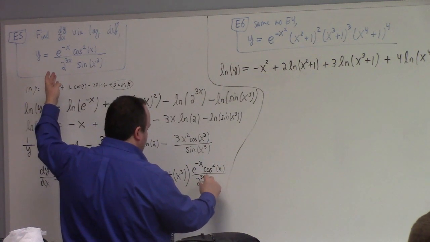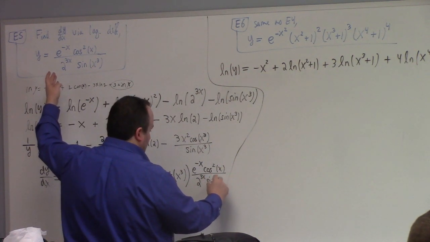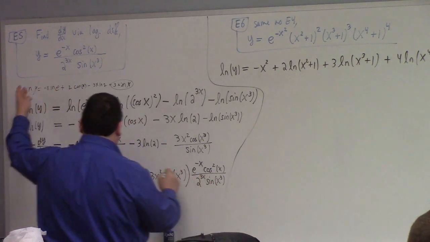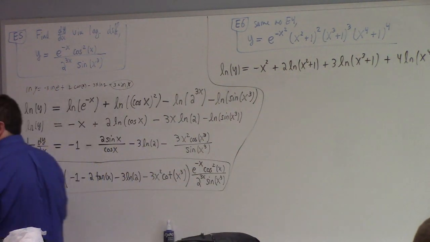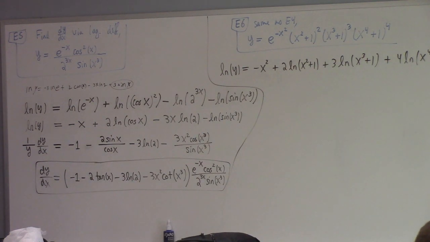Now, for the implicit differentiation problems, guys, the answer can include y. I should mention that. Did you notice that? Like if you go back to example 3, notice that the answer involved y. That's okay. That's almost inevitable for interesting implicit differentiation problems. The answer will involve both x and y. And that's okay. That will happen. Example 6. What do we got here?